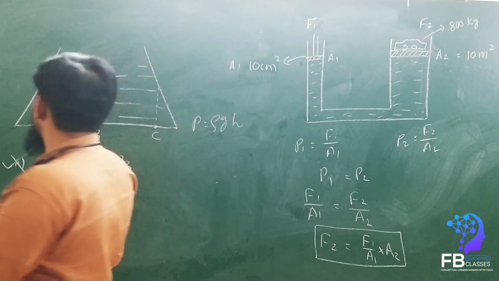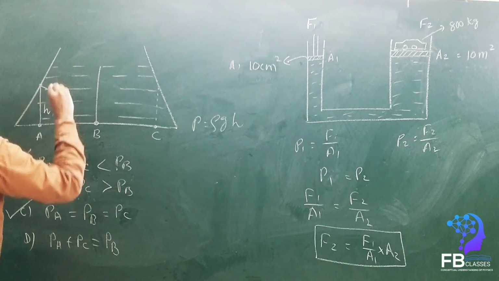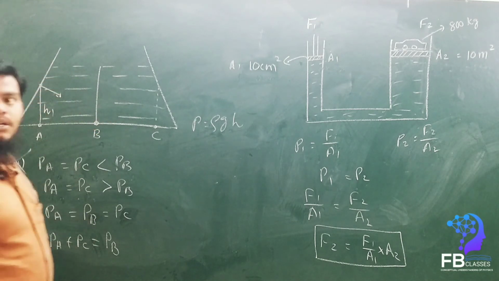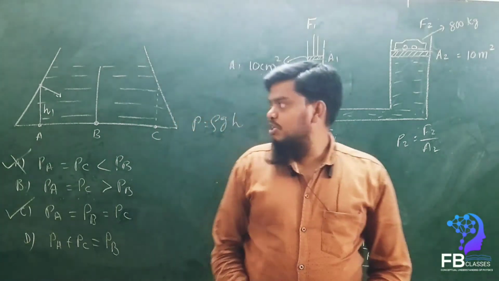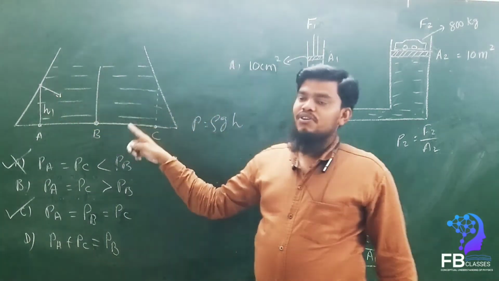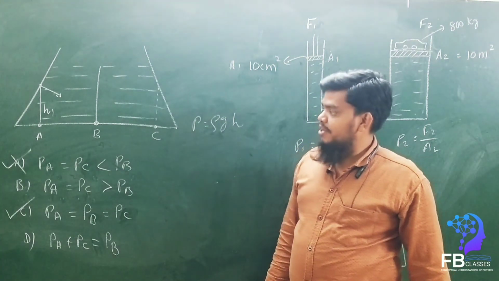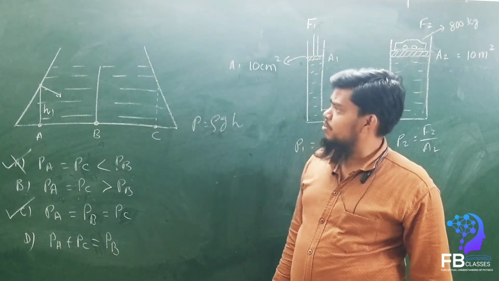If you want, you can take normal forces also. All the horizontal forces will get cancelled and the vertical components will be added. So what will happen here? This total normal force will be balanced by all the other liquid points. So the pressure is equal at all the points of the same horizontal line. Okay, hope you understand this very well.